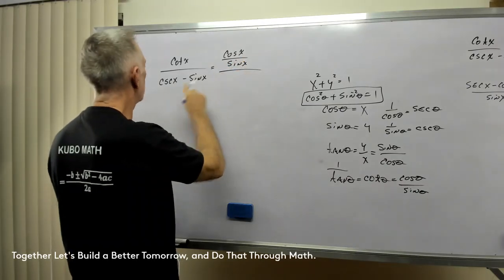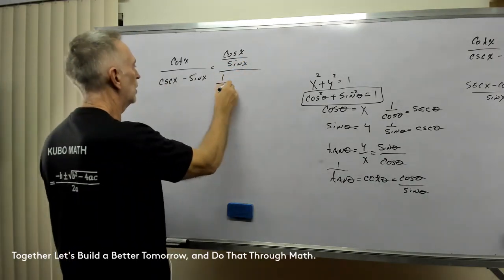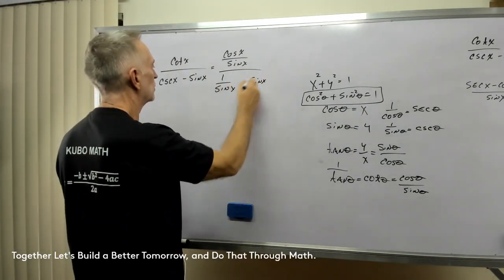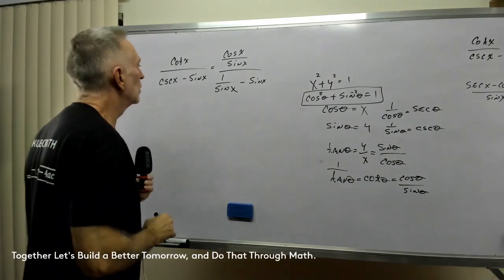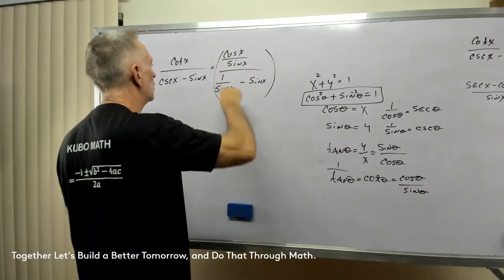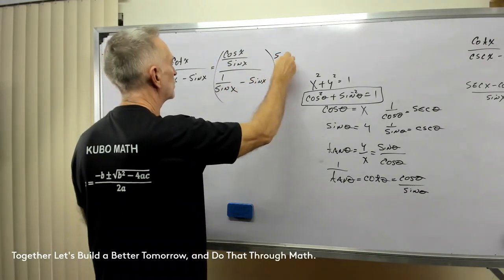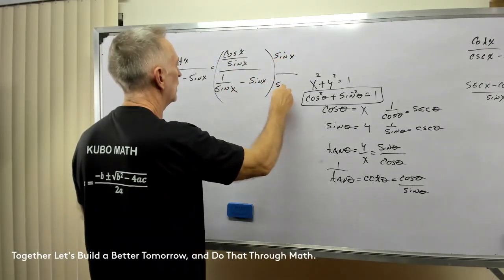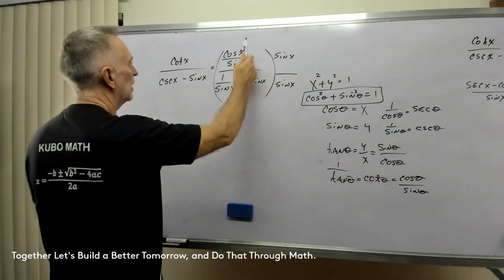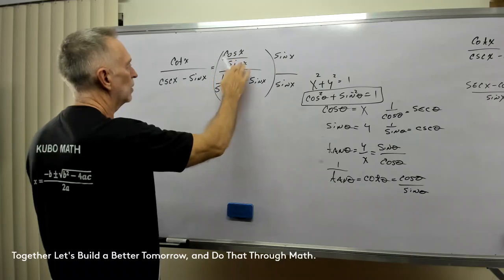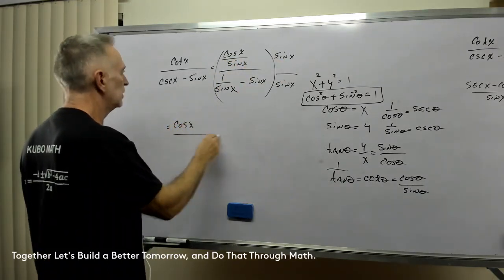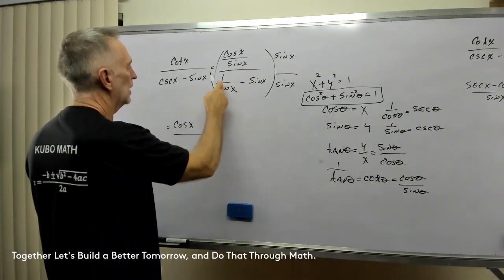And that's divided by cosecant, which is 1 over sine x minus sine x. Well, we have a compound fraction here. We could multiply this by sine x over sine x. So if we multiply this, cosine over sine times sine, we end up with just cosine x over sine x